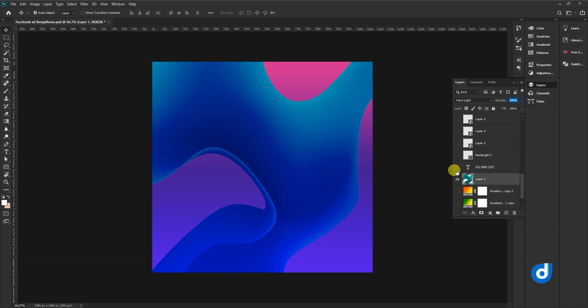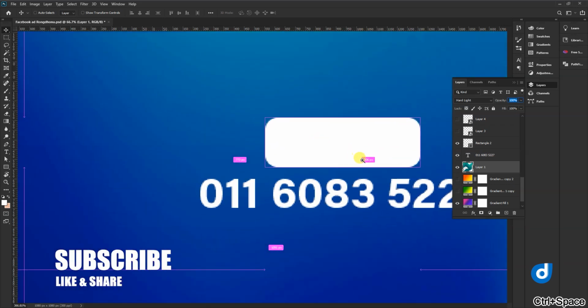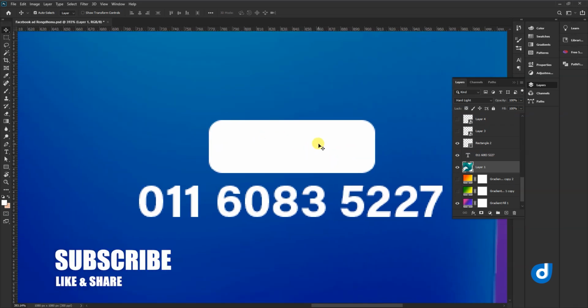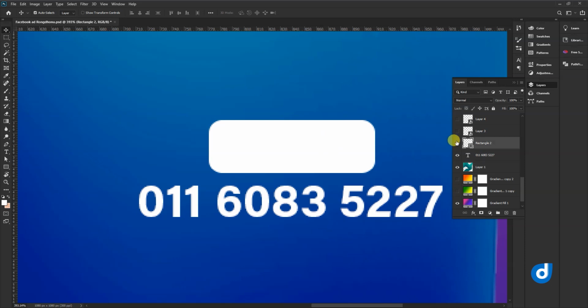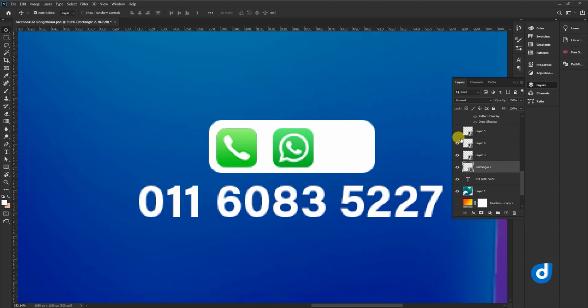Okay, fine. Now you have to go with the text tool. I wrote the 011, the actual contact number of them. Then I created a rectangle, where the IMO, the WhatsApp, and the call icons are going to stay.